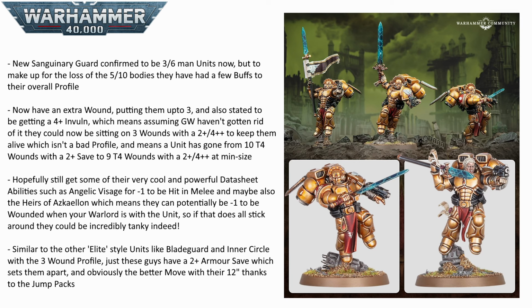With their new 3 or 6 man unit sizes instead of the old 5 to 10, they have been confirmed to be getting some helpful buffs, not only in the form of a 3rd wound, but also gaining a 4-up invulnerable save with their golden armor. So, assuming GW decides not to completely nerf them by also dropping their armor save, they should hopefully be sitting on toughness 4, 3 wounds, with a 2-up armor save and a 4-up Invuln to protect them, which isn't